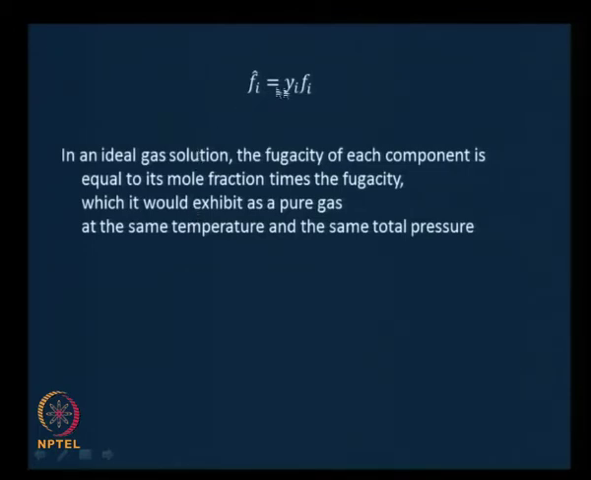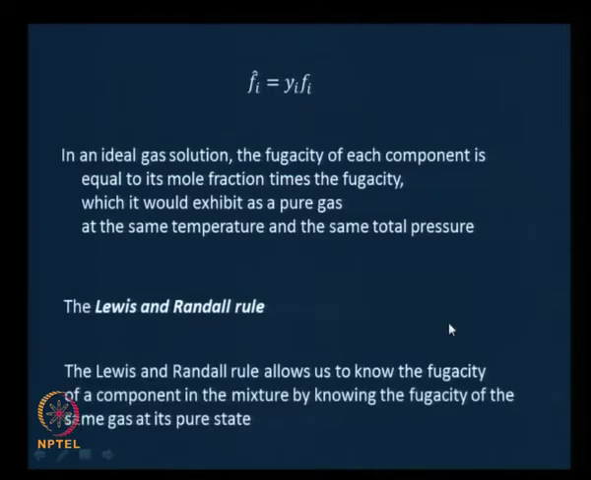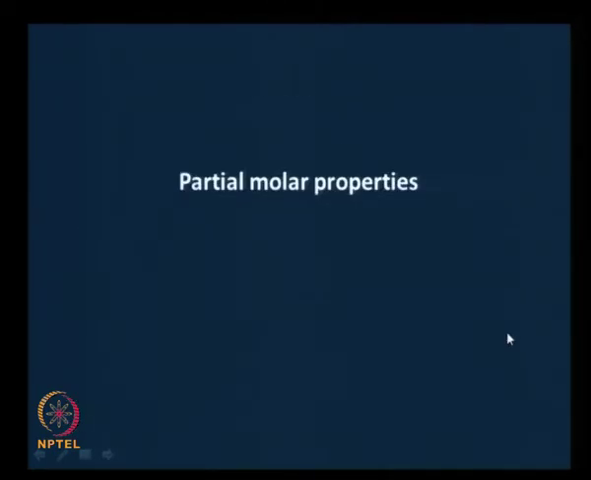This was the Lewis and Randall rule, where this was powerful because the fugacity of the component in solution, f_i hat, is nothing but the product of the mole fraction and the fugacity of the pure component, and this can happen only in ideal solutions. This is the Lewis and Randall rule, and since solutions are not ideal,